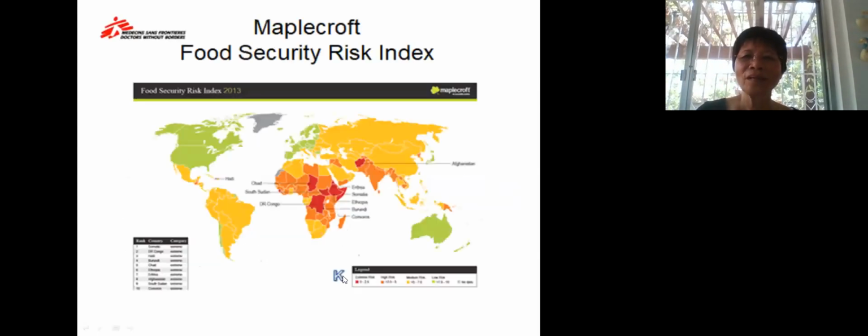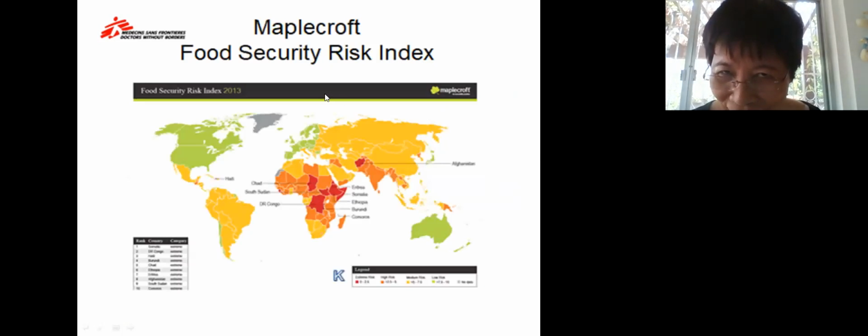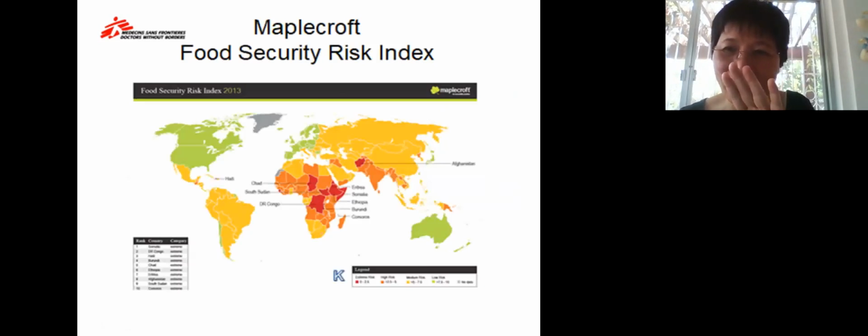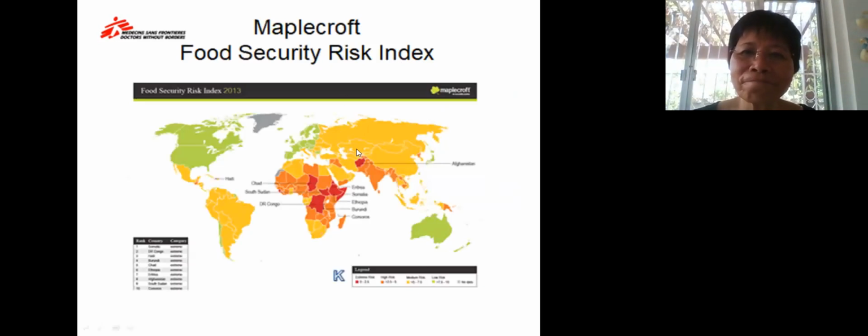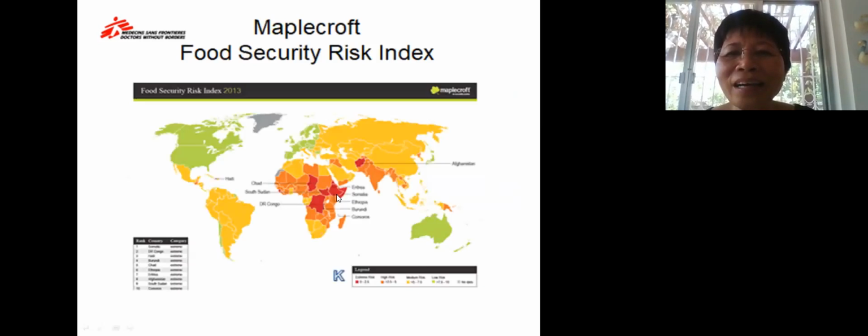Let me show you. Okay, this is the map that shows you what they call the Food Security Risk Index. The darker the color is, the more insecure is food. The more they suffer from food insecurity rather than food security. So in other words, they don't have those four dimensions that I have mentioned a while ago. So when you talk about this, Afghanistan, as you could see here, is suffering from a lot of food insecurity. The other one is Eritrea, Somalia, Ethiopia,